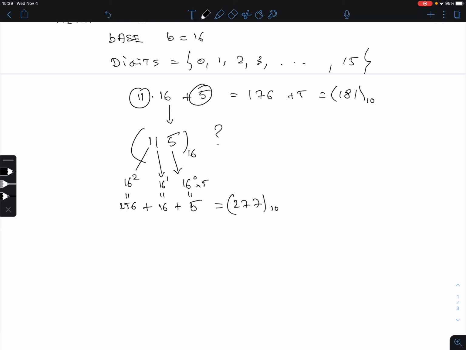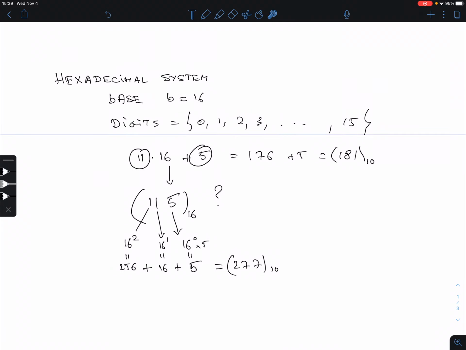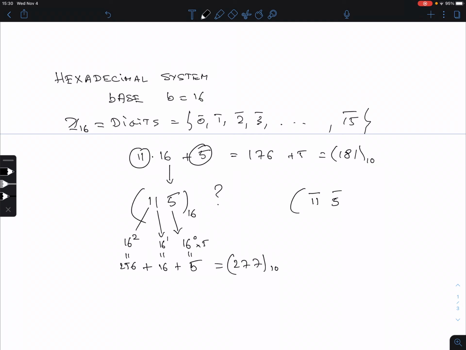What's the problem is that when we write down the Z, so this is Z16, right? I forgot to write this, so Z16. The elements in Z16, we write them as ordinary numbers. Often, what one does is to make a difference and say these are not really your regular numbers. One puts a bar on top of it. And then we have a bit better situation. If I put 11 bar, now I know, so let me write it there. So this is a better notation, 11 bar, 5 bar,